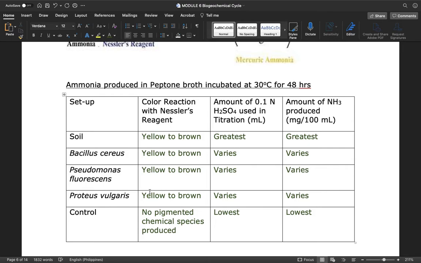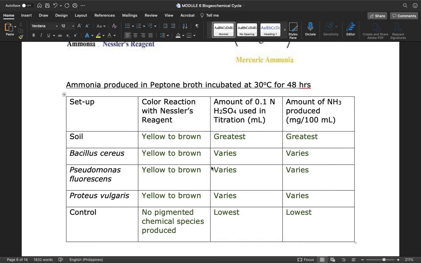But we expect, of course, that our soil sample will have the highest intensity of the yellow colored chemical species production. That one is highest because it contains multiple species of bacteria, so you expect combined rates of ammonification. Now, if we take a look at the succeeding steps, you're asked to check on the amount of ammonia produced. Since we verified that hypothetically all of them should have produced ammonia,